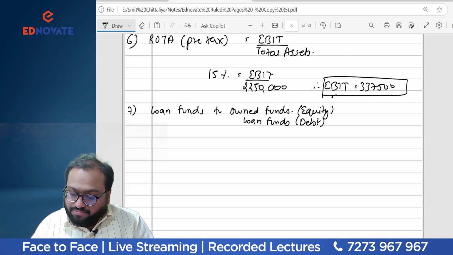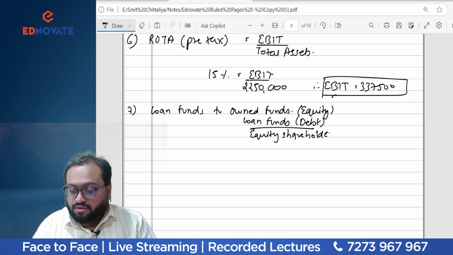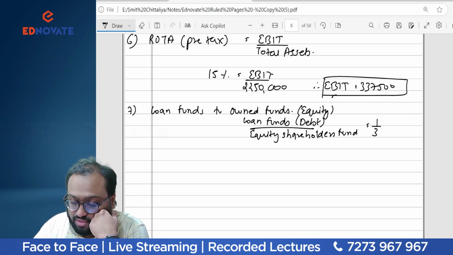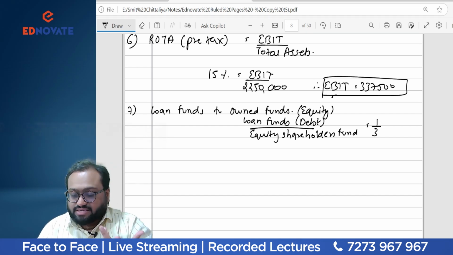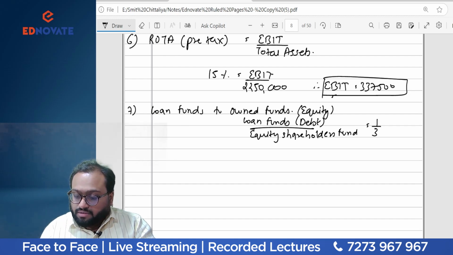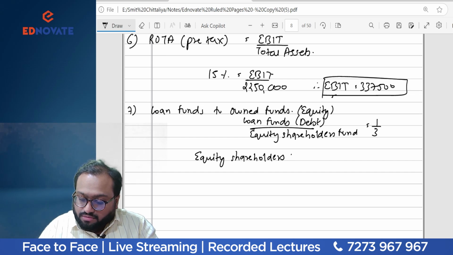Means there's a debt capital upon own fund, which is your equity shareholder fund. Am I right? Equity shareholders fund, which is 1:3. That means if 1 rupee is debt, 3 rupees is equity. Am I right? So I can say very clearly over here that equity shareholder fund